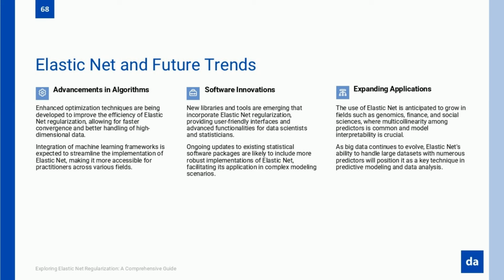Another growing area is integration with deep learning and hybrid models. While ElasticNet is mainly used in structured data, researchers are now combining it with neural networks and feature embeddings to improve interpretability in complex models. For example, ElasticNet is being used in neural architecture search, NAS, to automatically select relevant features in deep learning pipelines,